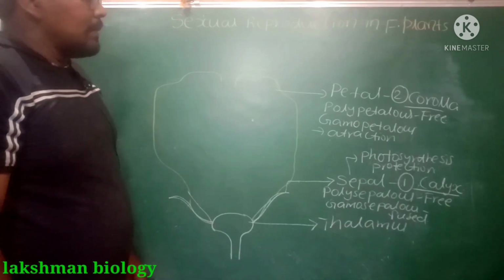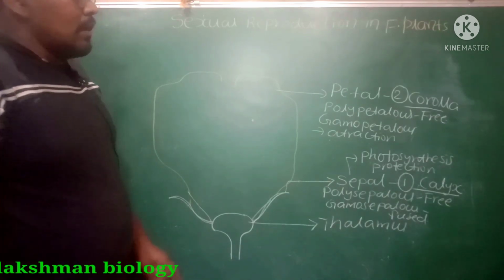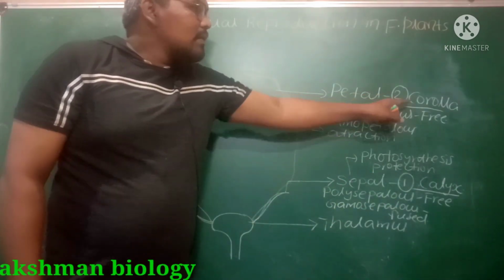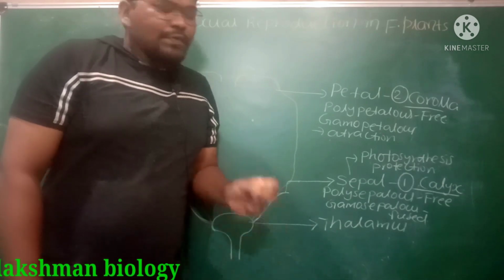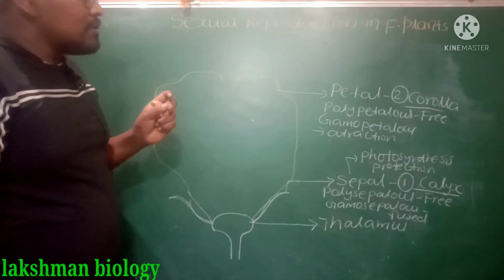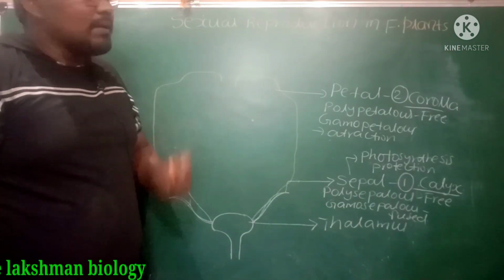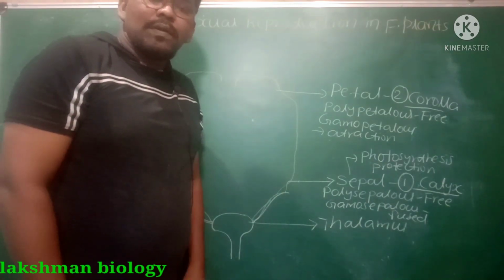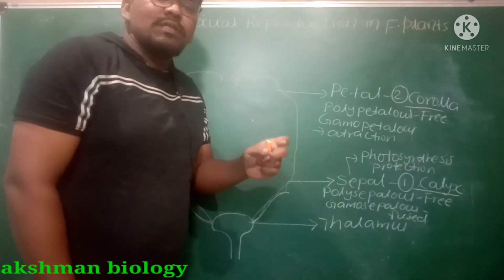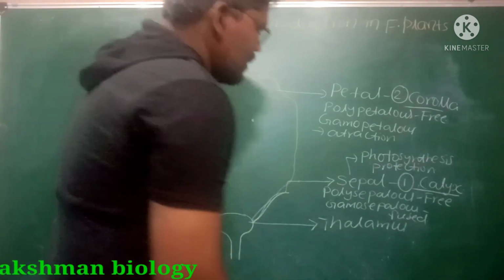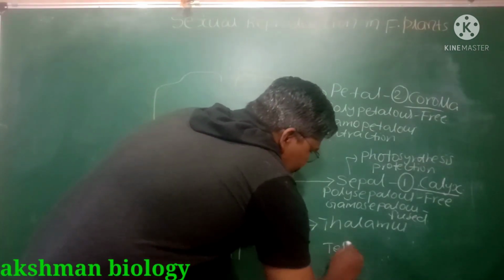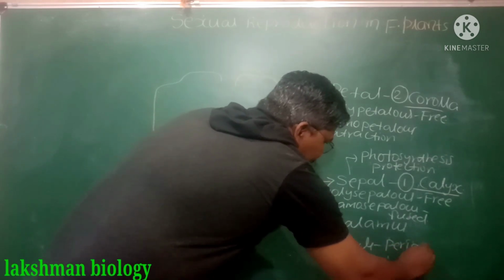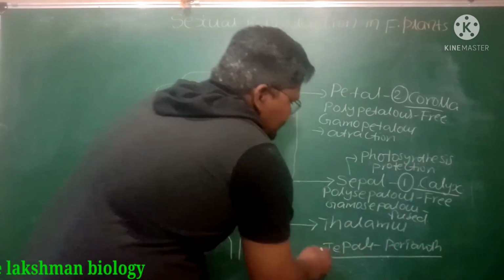That is about petal. All sepals combinedly form the calyx. All petals combinedly form the corolla. In a few flowers, there is no separation of sepal and petal. The units in the flower where there is no separation of sepal and petal are called tepals. All tepals combinedly form the perianth.